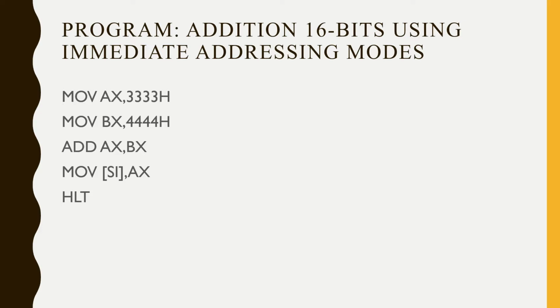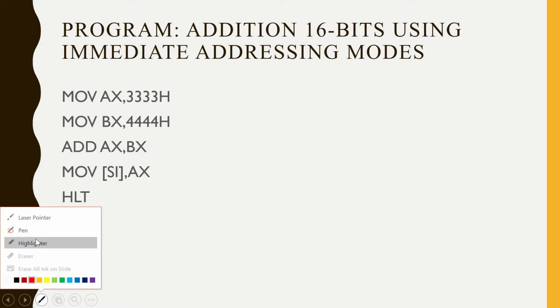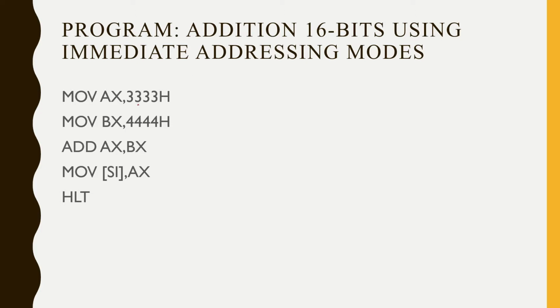As we know, in immediate addressing mode, the number on which we have to do the operation is given immediately in the instruction. So here you can see that the number 3333 is given in the program itself. After execution of this instruction, the content of register AX will be 3333H, and it's very essential to mention H in front of it. If you are not writing H, then the number is accepted as a decimal and it will get auto converted into hexadecimal. So it's very essential to mention that the number is in hexadecimal.